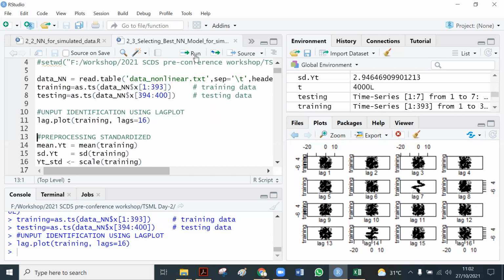Okay, it repeats the previous step, plotting the lag plot. And it shows that at 7, 14, there is a strong relationship.